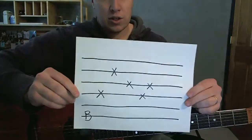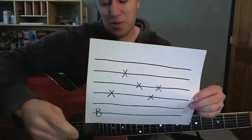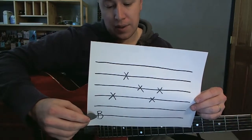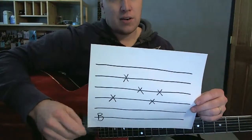Okay, so I have B and then all these X's. So B means the bass note. So the bass note will change depending on what chord you're going to use. But then after it hits the bass note, then it hits the fourth string,